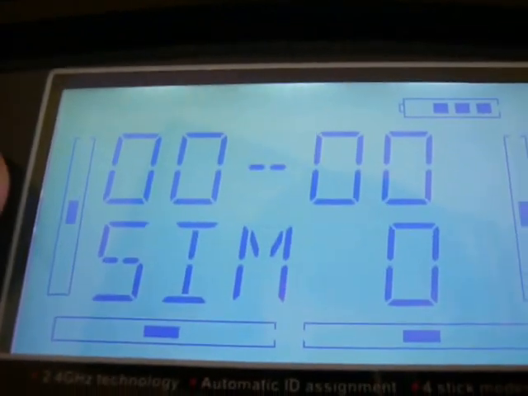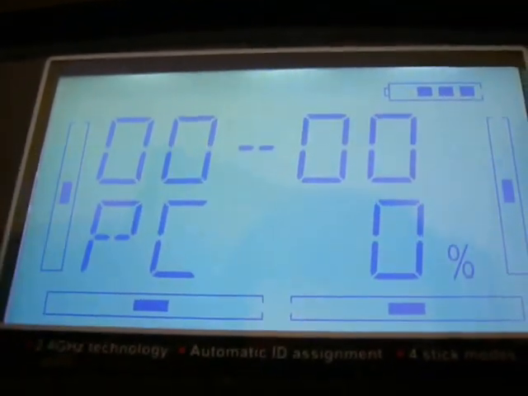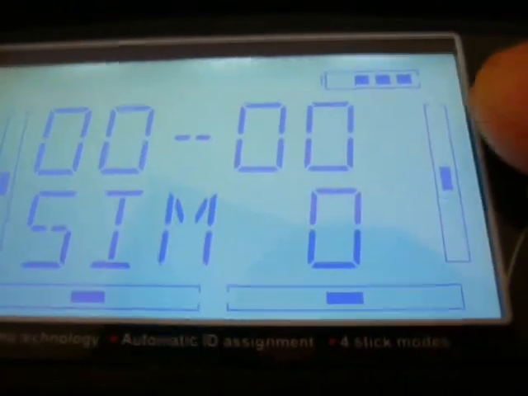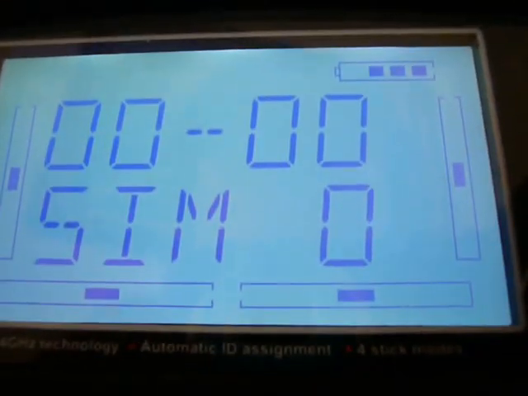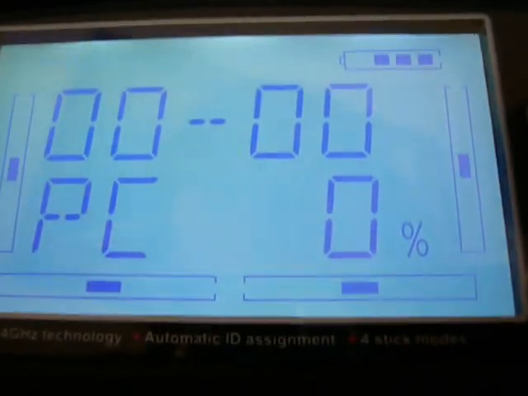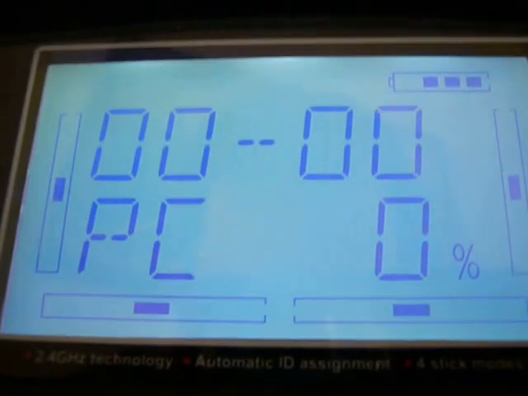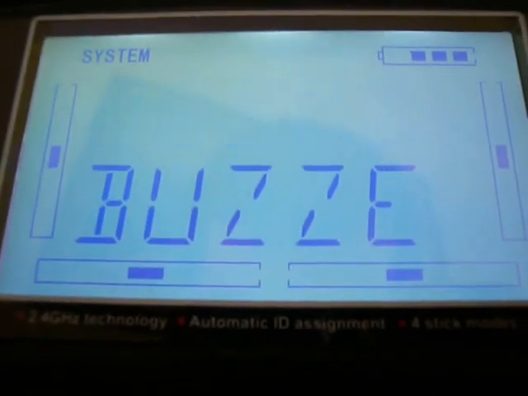This is my Devo7 transmitter, and I will show how to set it up with the simulator HelisimRC. It's fairly straightforward here. There's a couple of things that you're going to need to watch out for. In the system mode, or system menu,